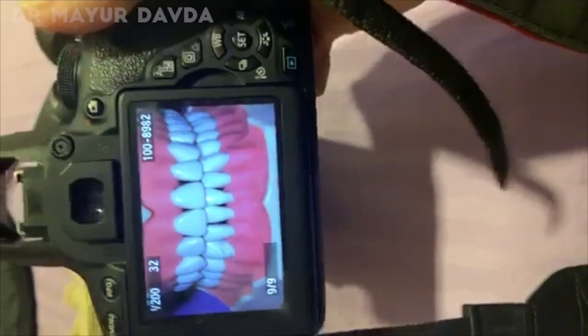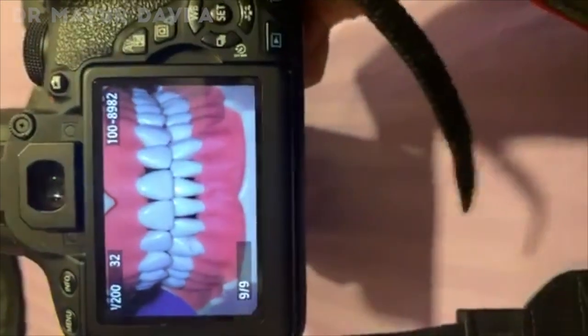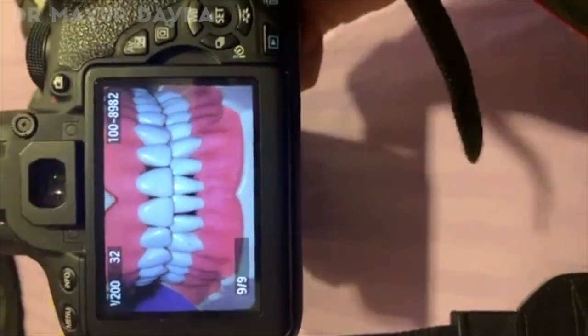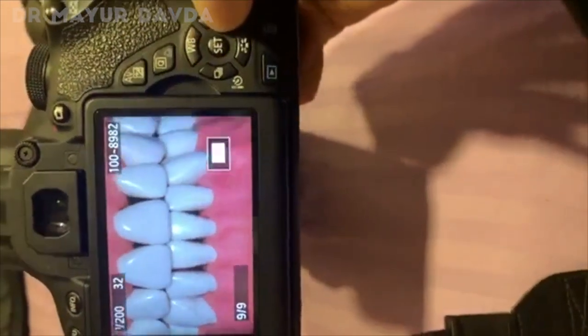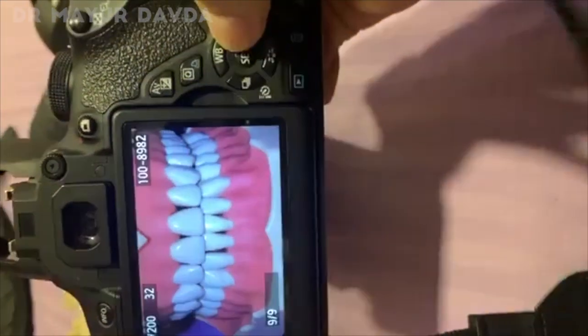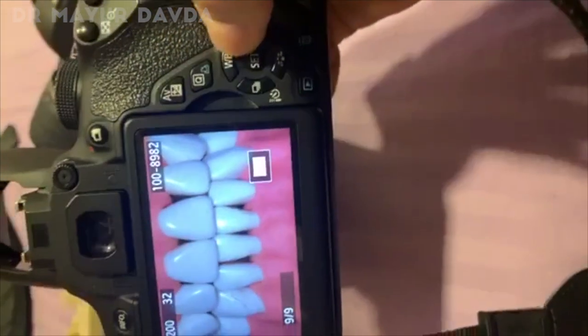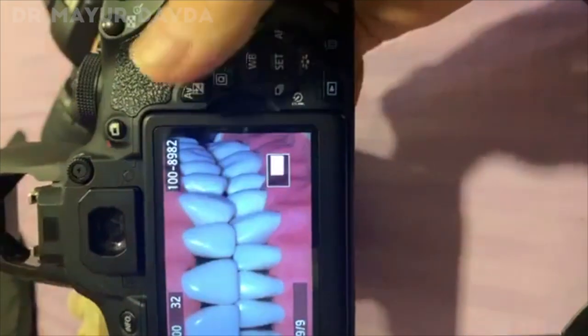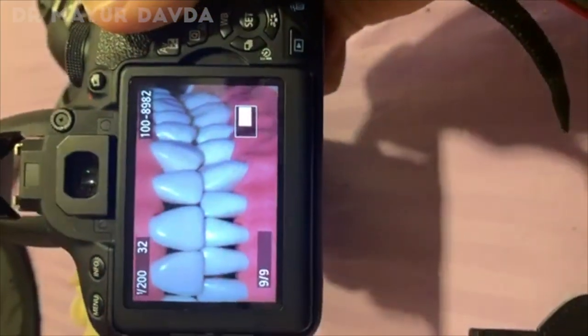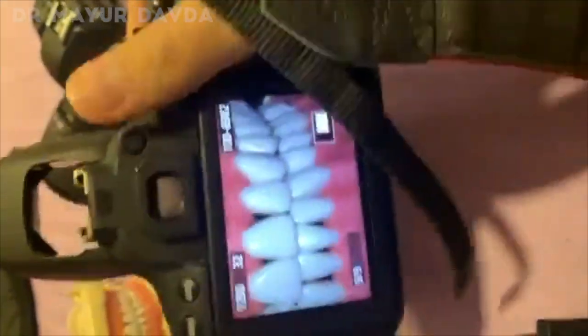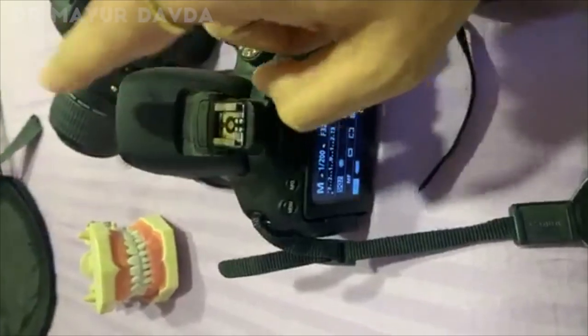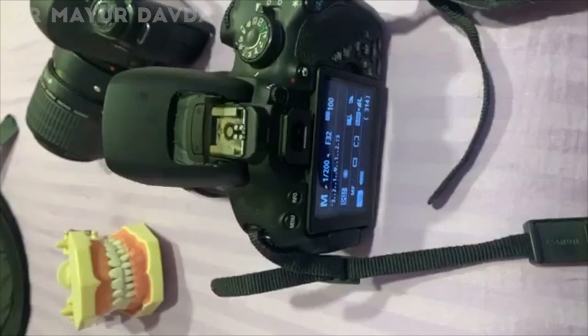At f32, trust me, you get most of the pictures really with a great amount of depth of field. So if you actually want to see, everything will be sharp. Most of the times you will be ending up getting pictures which are extremely sharp even with an inbuilt flash. So my suggestion for inbuilt flash users is don't underestimate your inbuilt flash. Alright,